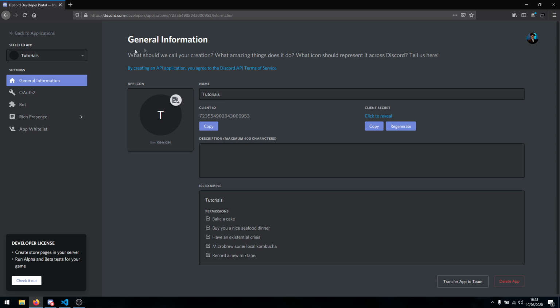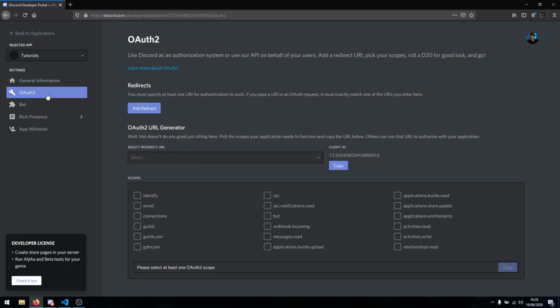Okay, so here we are on the developers page. So here we have our client ID and then we have our client secret. Now, it's called a client secret for a reason. Keep it secret. So before we copy these, first of all you want to go to OAuth2